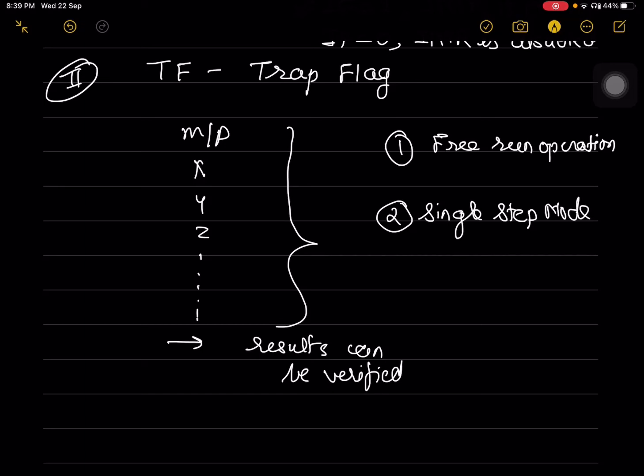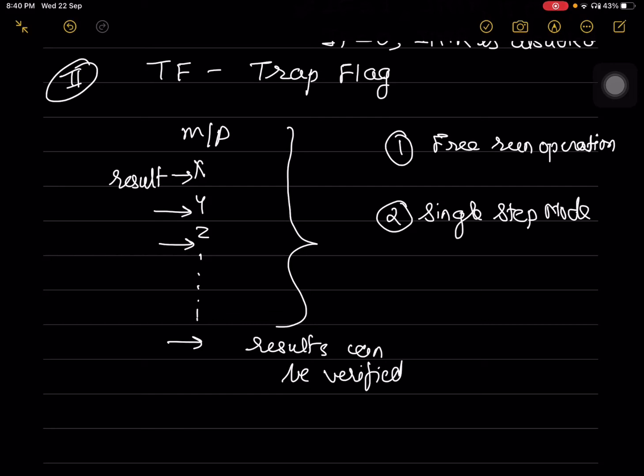Single step mode gives the facility to the user that each instruction will be executed one by one, and after every instruction the result can be verified for that particular instruction. So X will be executed, then the processor produces the results, then Y will be executed, then the user can verify the results, then Z will be executed and the process will continue. This type of execution is called single step mode.